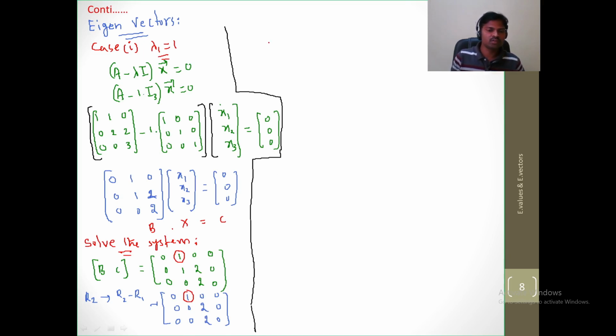So for that, what I am doing is, let us divide the second row by 2. So I am modifying the second row by dividing with 2. So now this becomes 0 1 0 0, and 0 0 1 0. Let me write the third one also. R3 is R3 divided by 2, 0 0 1 0. Next one,